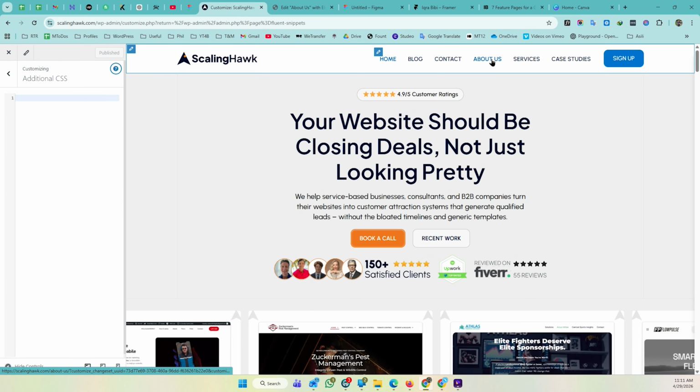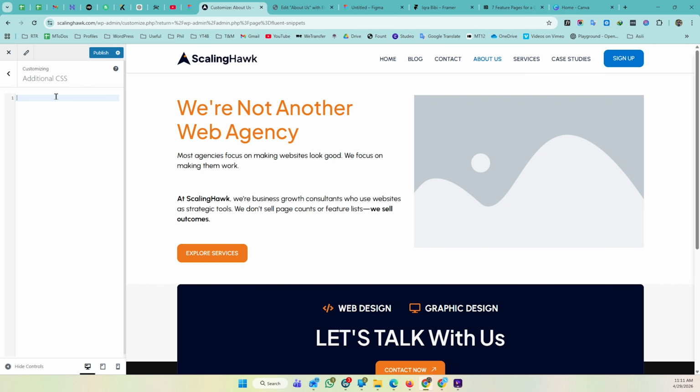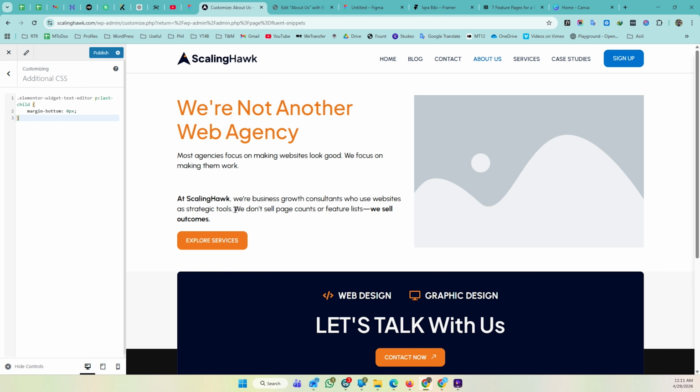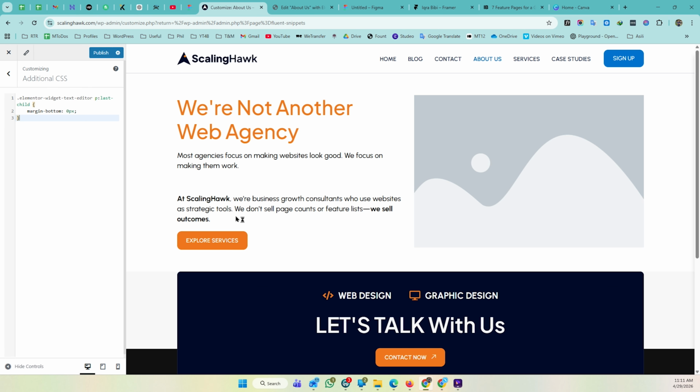As we were editing this on the about us page, let's open it, and here in additional CSS, once you paste your CSS code, you see that the extra space at the bottom of your paragraph disappears immediately. If I remove this and then add it again, you can see that the extra paragraph spacing goes away.